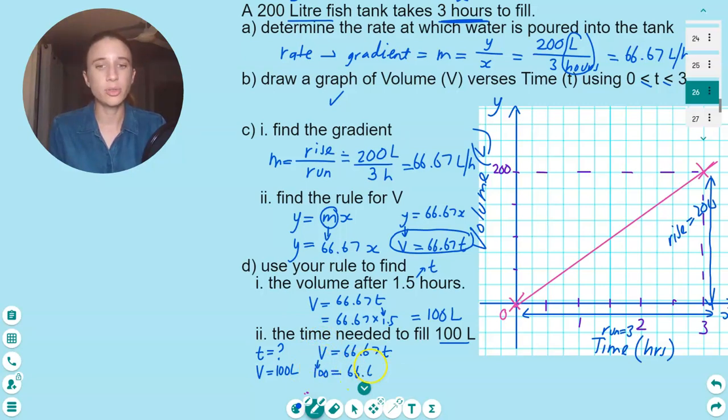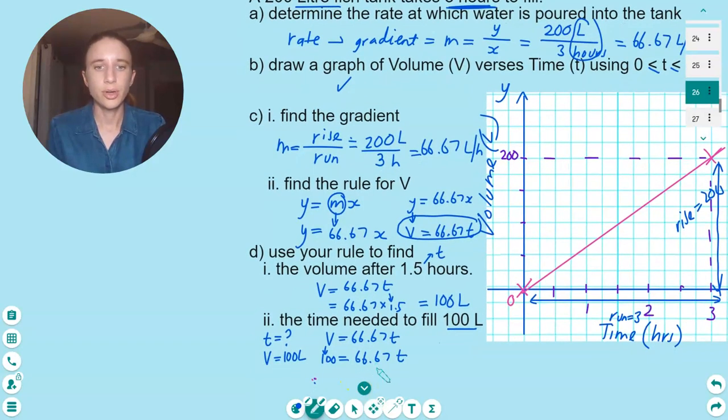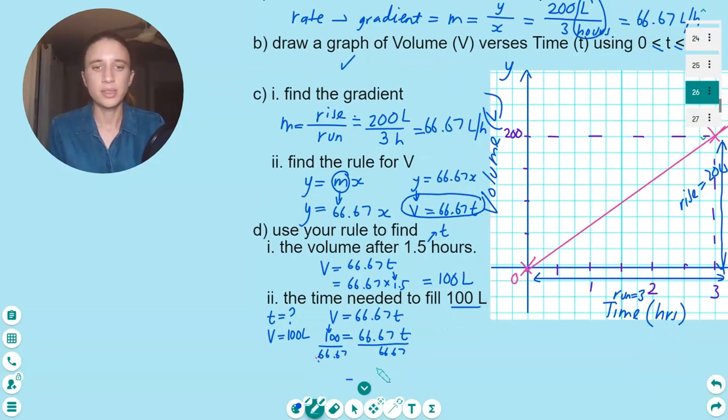And this time we've got to do a little bit of rearranging to find T. So if we've got 66.67 times T, we're going to divide both sides by 66.67, because that's the opposite of timesing. That will cancel, and we've got 100 divided by 66.67, about 1.5